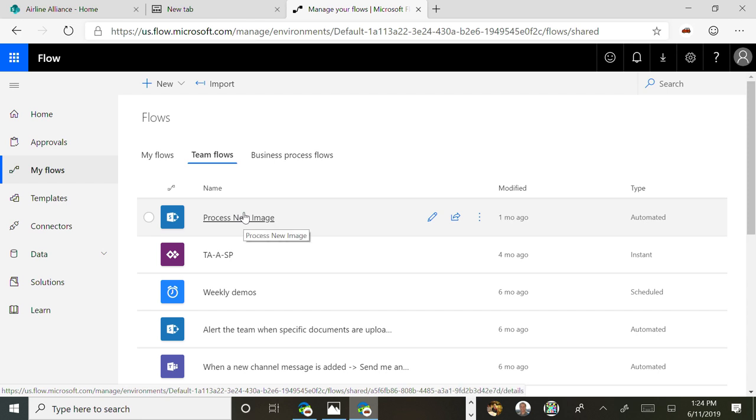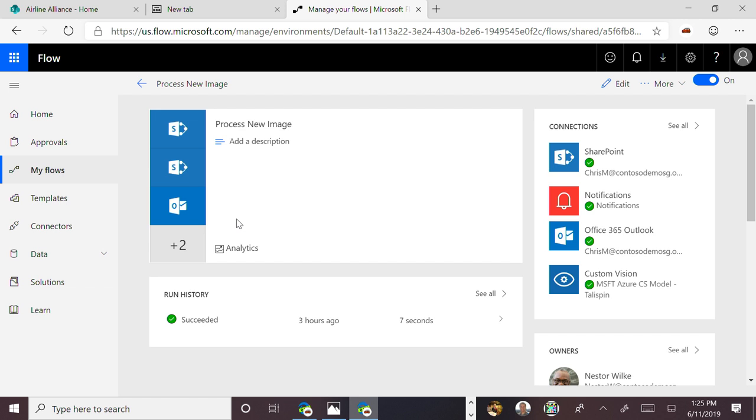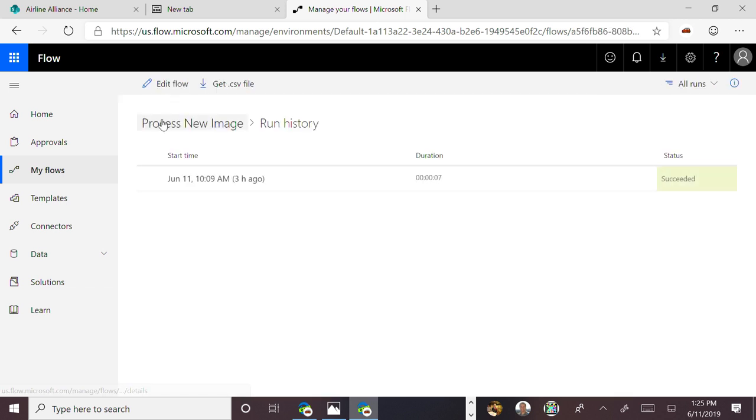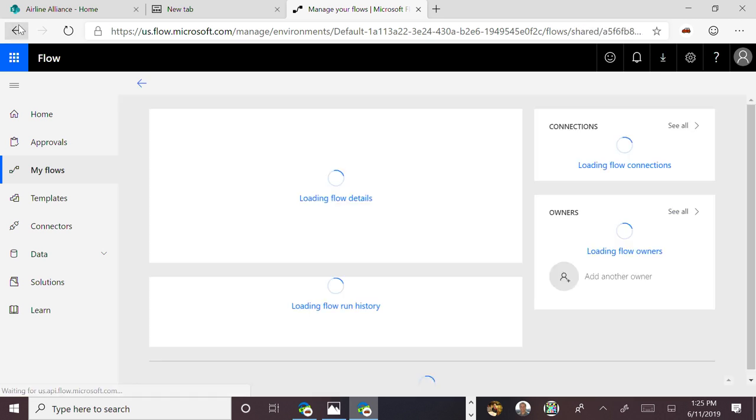For folks who were in my session this morning, we walked through an example where I'm using Power Apps and Flow to capture images, wash them through a custom Azure Cognitive Services model, say that 3 times fast, and then be able to recognize the image. One of the tips I wanted to also offer to you here is if I want to go take a look at what this flow has, I'll see the history of runs. I can see the full history of times where I've run this before.